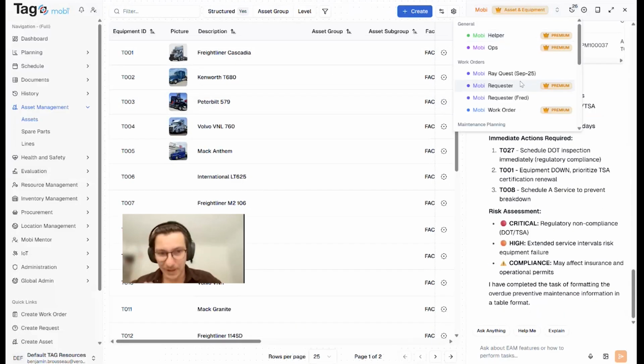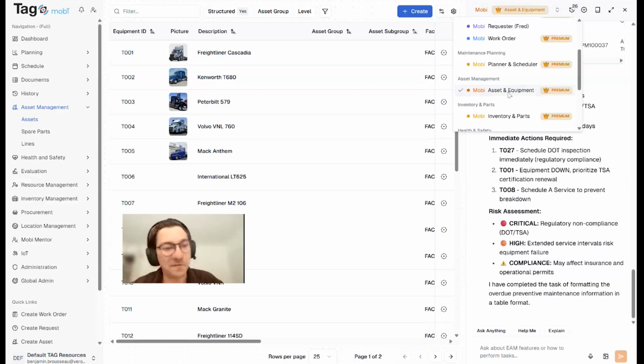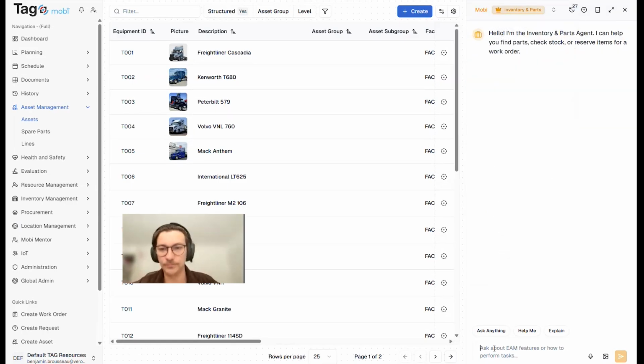So for everyone, once again, this was one of my favorite agents. Okay, we give them nicknames internally. Okay, but this one would be the asset and equipment agent. Let's do the one below, inventory and parts. When you select an agent, it also gives you a little bit of the scope or the boundaries that we've configured into those agents. So this one can help find parts, check stock, reserve items for work order. Okay. Here, how many